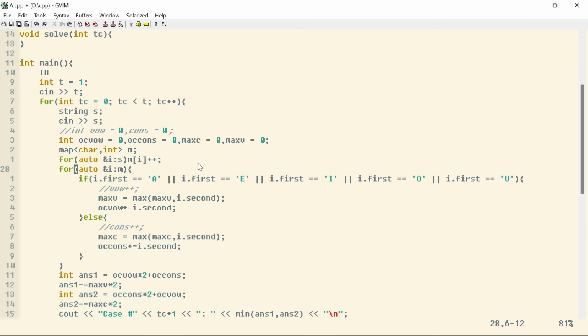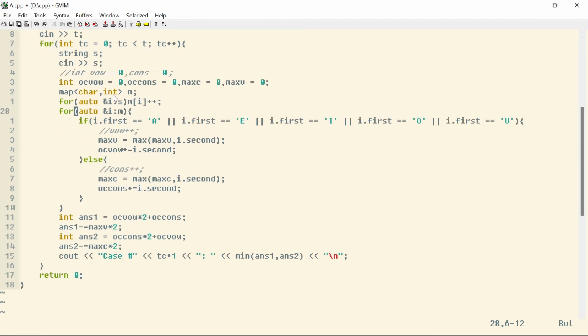This is my code. I'm taking in the string and I'll be using a map. I'll be storing the occurrences in the map. If the letter is one of A, E, I, O, U, that is a vowel, then I'm checking the maximum occurrence of a single vowel character, and I'll be counting the total occurrences of the vowels for convenience. And similarly for consonants.